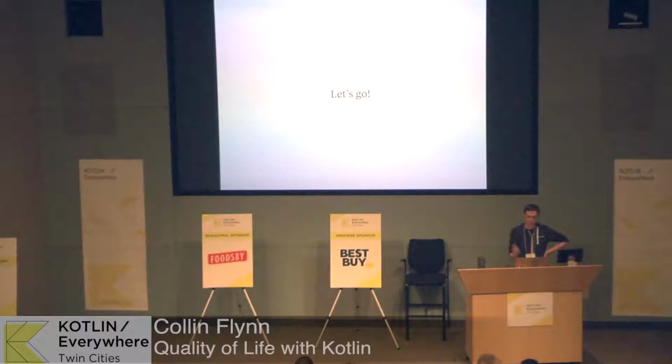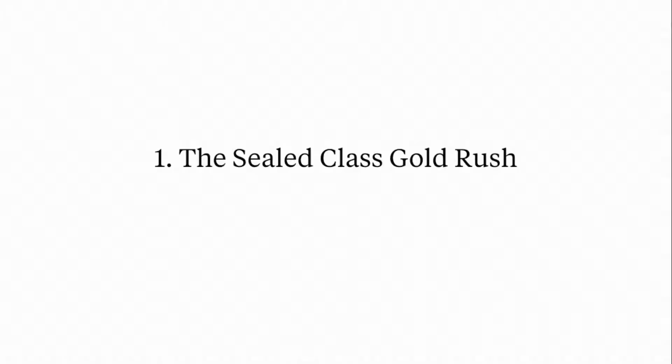So let's go. I'll take this in 3 parts. One, I want to start with a type system improvement. Those of you that have been using Kotlin, this can't possibly have escaped your notice, which I'm going to call the sealed class gold rush. I'm calling it a gold rush because this was really seized upon early on for good reason. What we're going to be talking about is sealed classes, but in order to get there, I actually want to dial back the clock a little bit. I want to time travel to a few years ago when